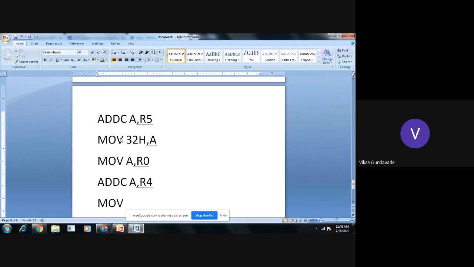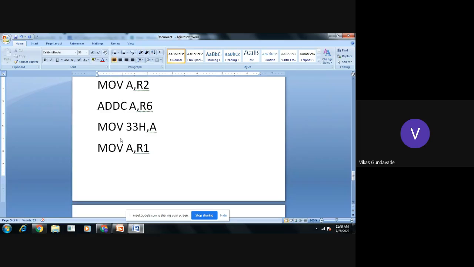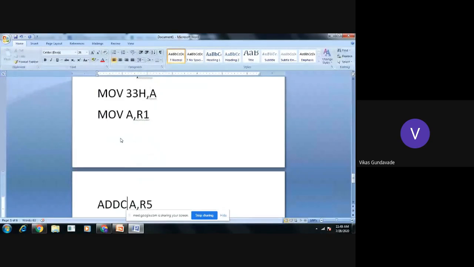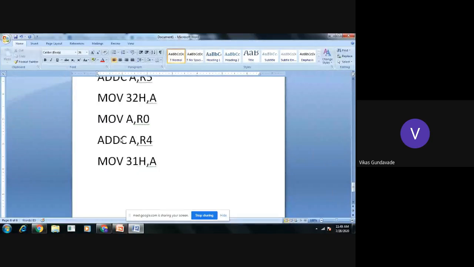So we move these contents into the location 34, 33, 32, now 31H, A. So this is the 32-bit addition where the result is available in the memory locations 31, 32, 33, and 34. At these memory locations we have stored the result of the 32-bit addition.